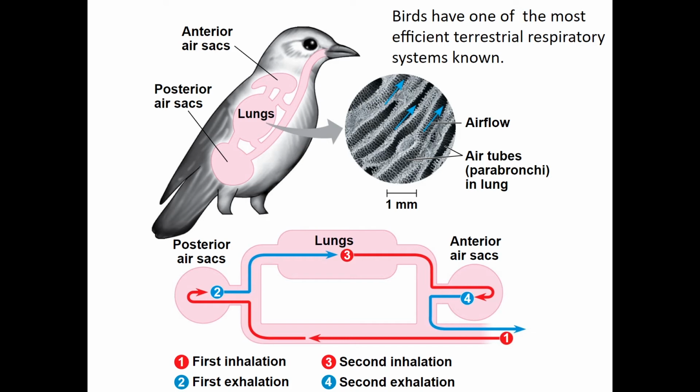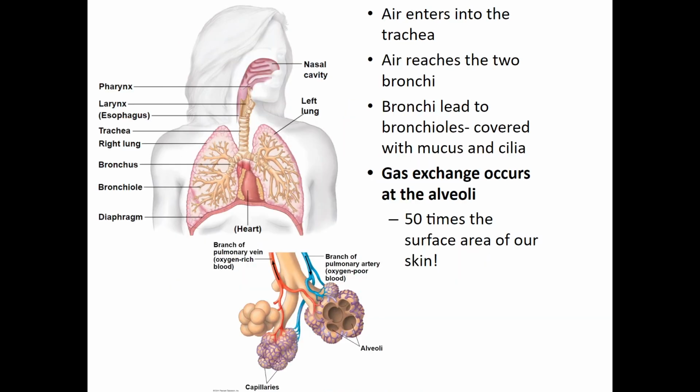Birds, however, have a respiratory system that allows fresh air to flow into the lungs with every breath and even when they exhale. With this type of system, they can maximize surface area and oxygen concentrations needed to sustain flight muscles for aerobic respiration. Now, our respiratory system is nowhere near as efficient as birds, but it's still an incredible